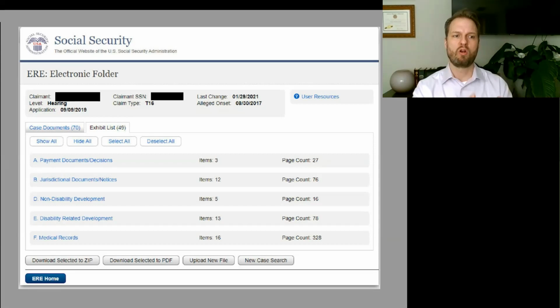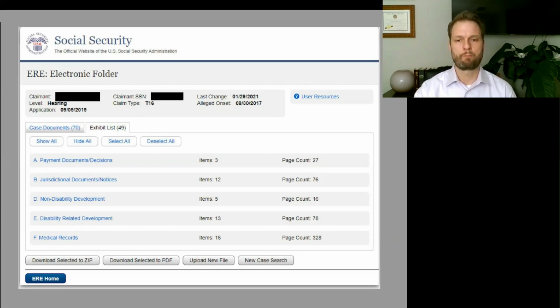So the important documents must make it from the case documents section to the exhibit list. And we do, as a lawyer and paralegals, we do multiple checks to make sure that those medical records got